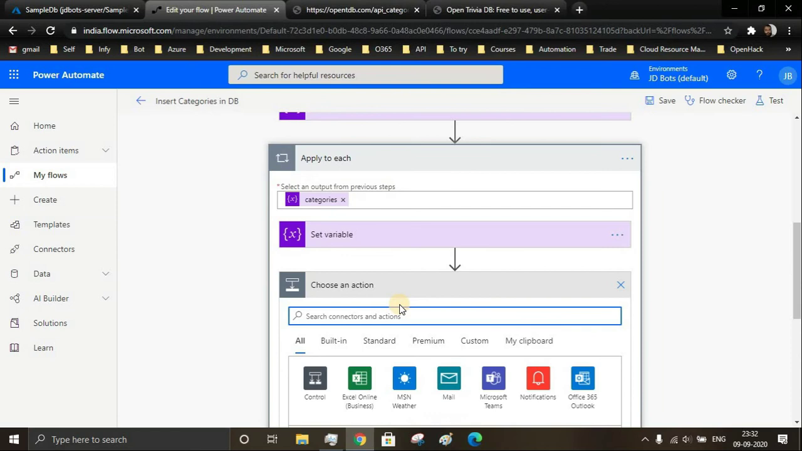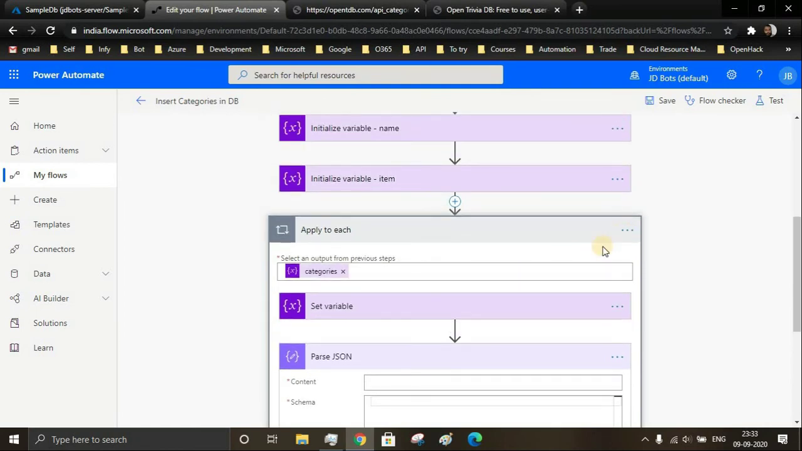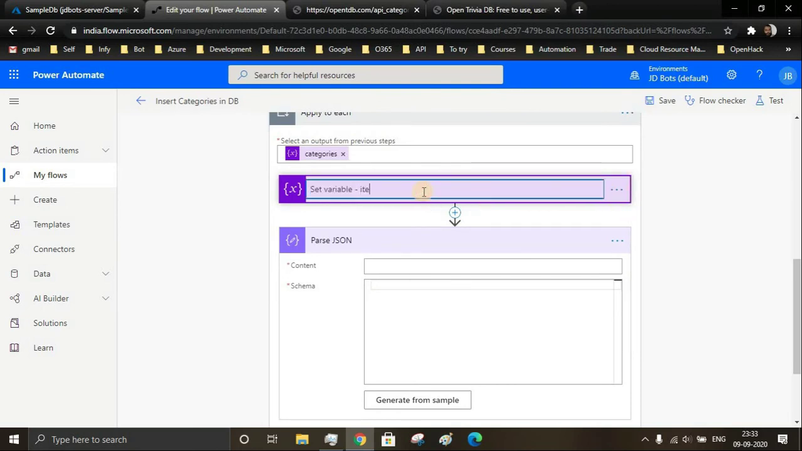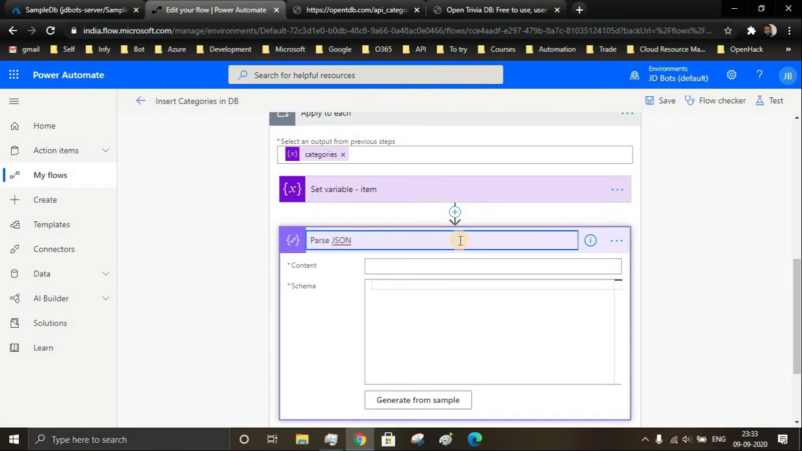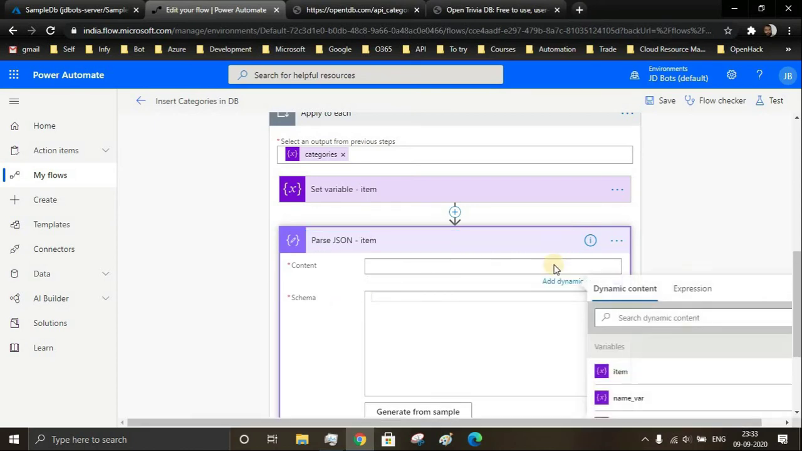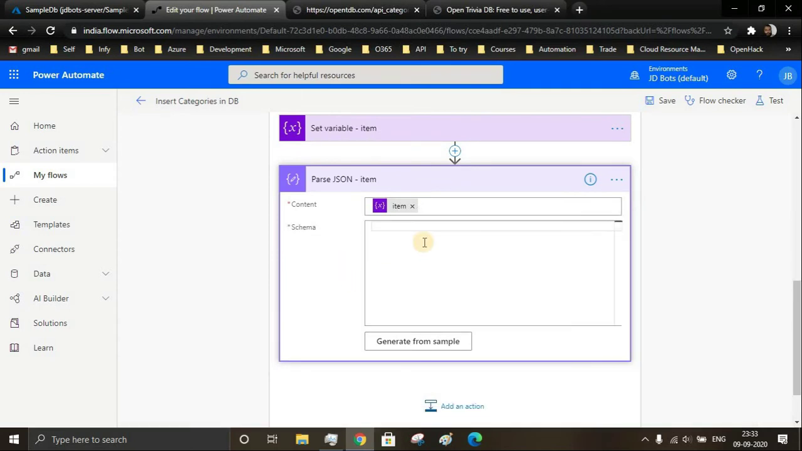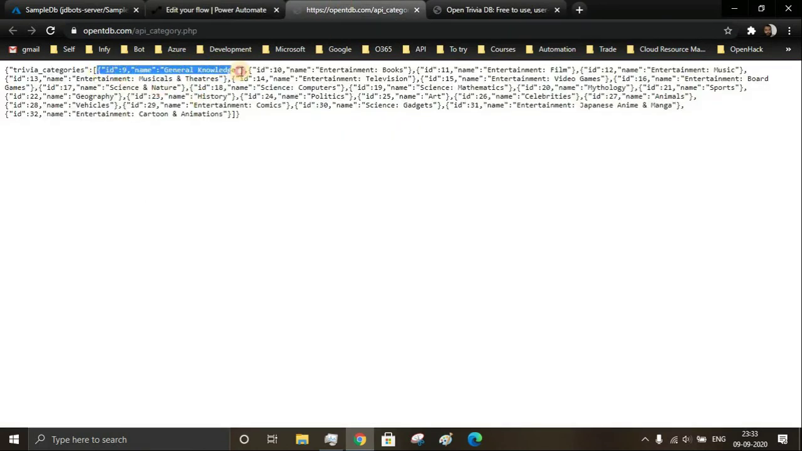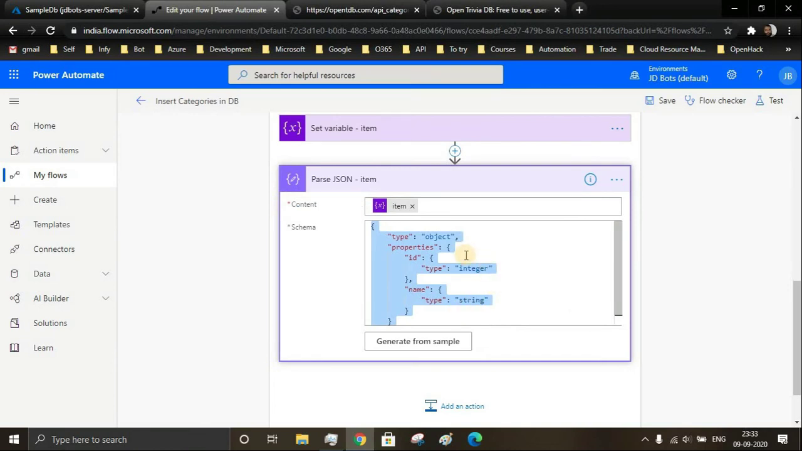So I'll again use the parse method. Let's just rename this one set variable item, and this parse JSON item, and the content is the item, and the schema is, we can generate the schema, we can copy the JSON from here and paste it over here. So it generated a schema for us,